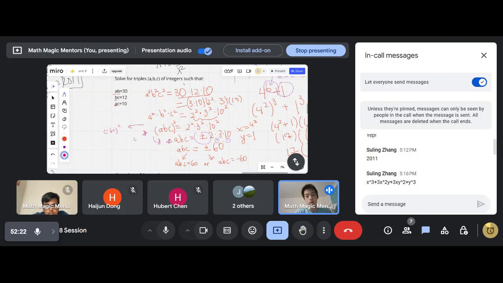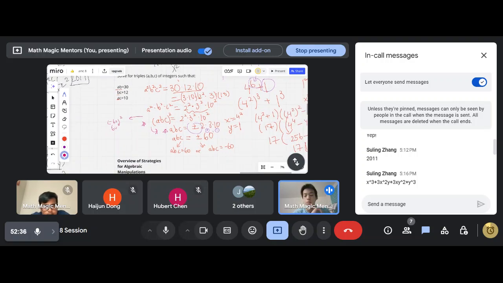That will give us 2 squared times 3 squared times 10 squared, and then 60 squared, which will also give us that. And this kind of explains why we need the plus or minus, because the positive solution and a negative solution can both work. And so now the problem is basically finished, because with ABC equals 60, which was what I was referring to